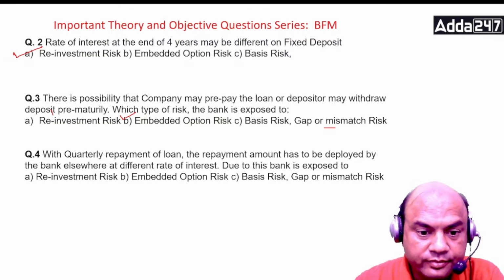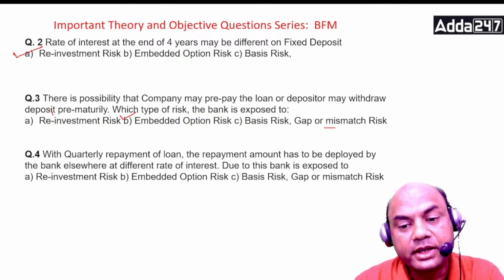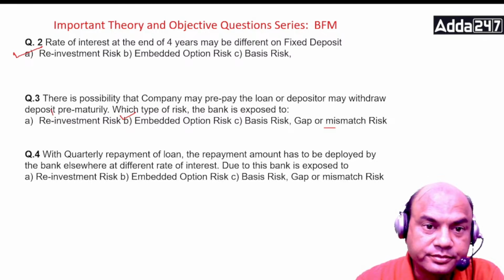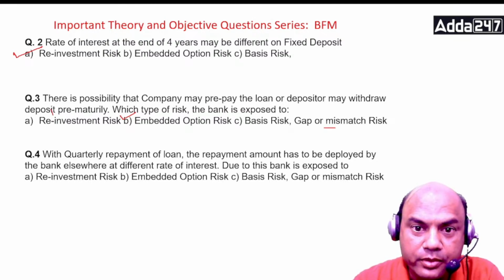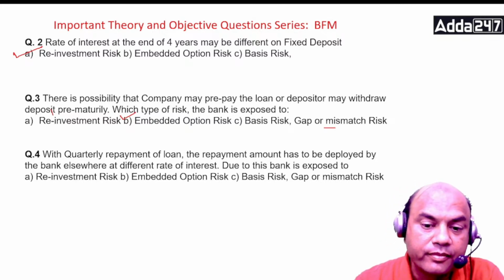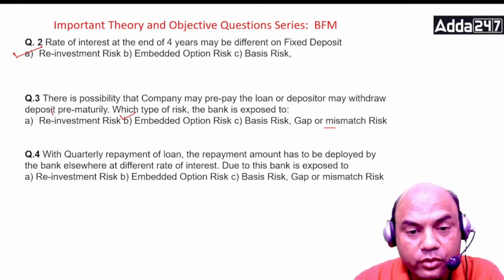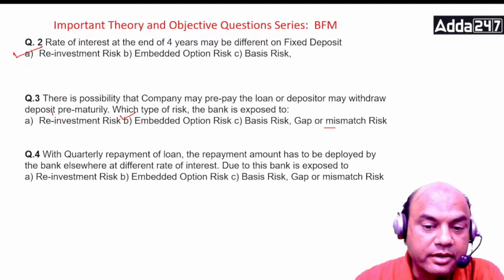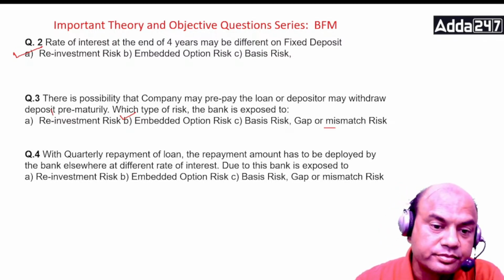Okay. Now due to this, the bank will be exposed to which type of risk? Means I am getting the EMI from you, and that EMI I am investing somewhere. So due to this, what type of risk will be there? Bank will be exposed to,